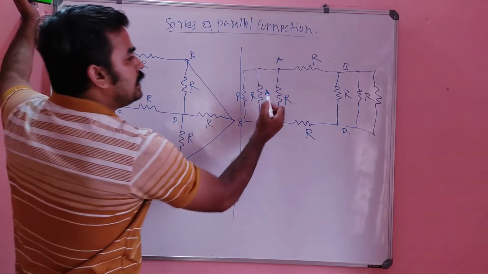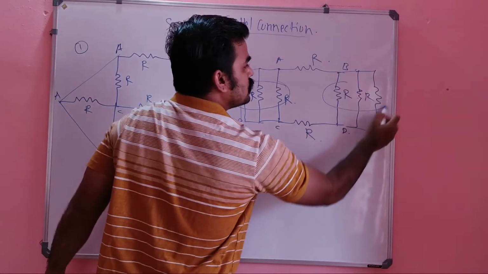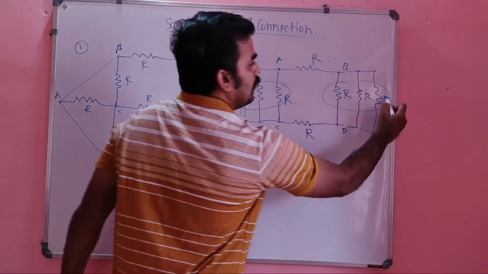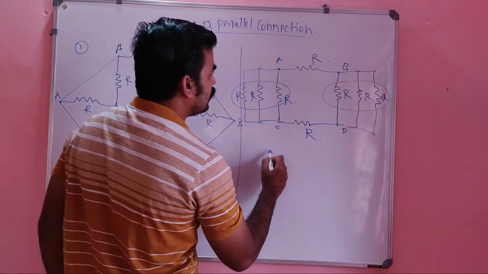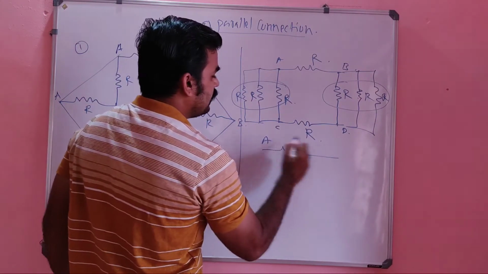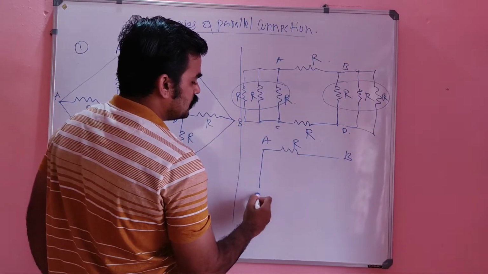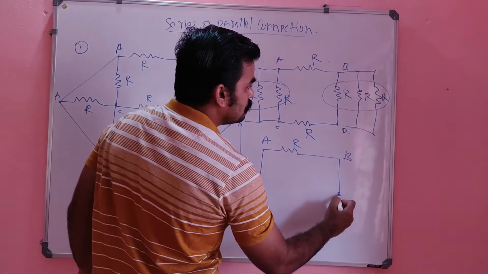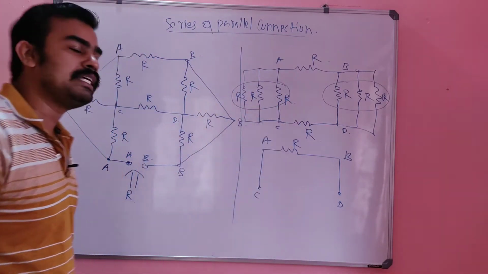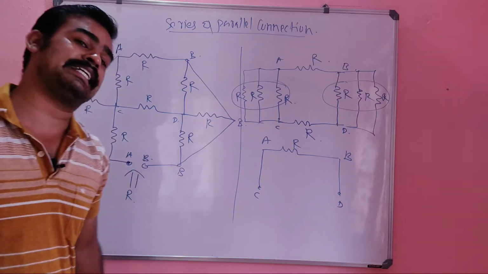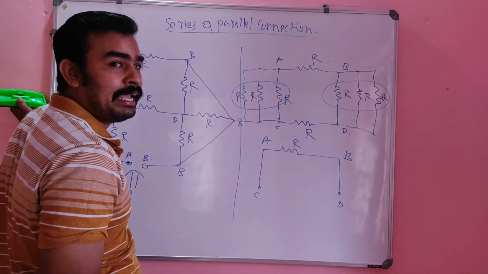Clear? So these can be grouped as 3 parallel connections, and this also can be grouped as 3 parallel connections. So what will be the resultant circuit? Again, the simplified version will be simply A and B, it is R, and this point is C, and this point is D, and 3 resistances of equal value are connected in parallel. What will be the effective resistance? We know that effective resistance will be, let's see,